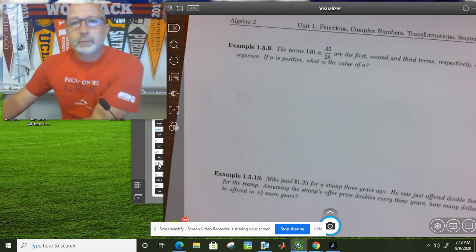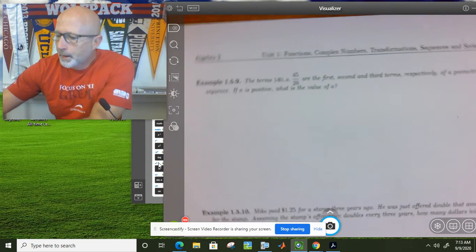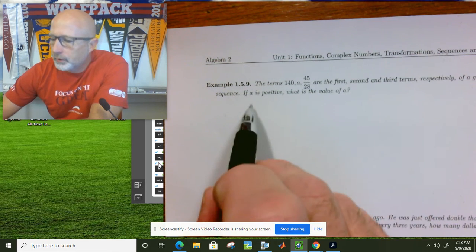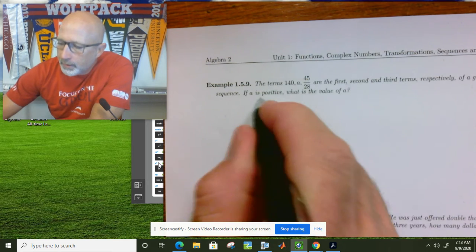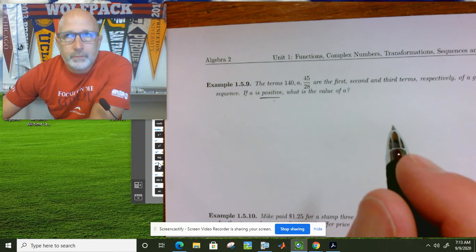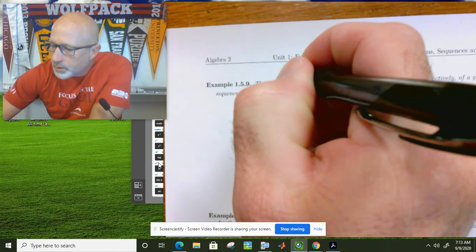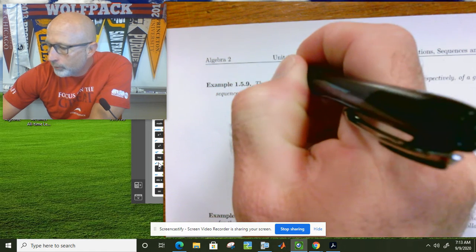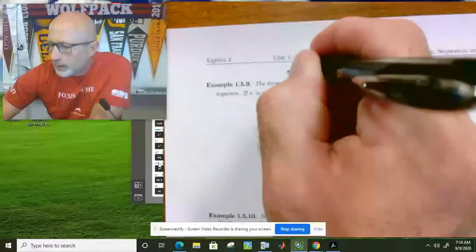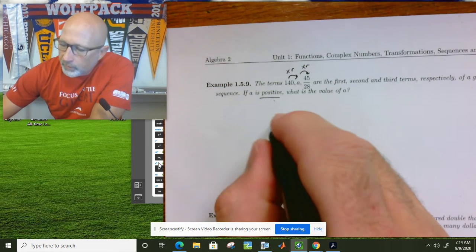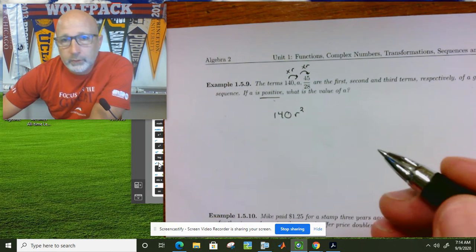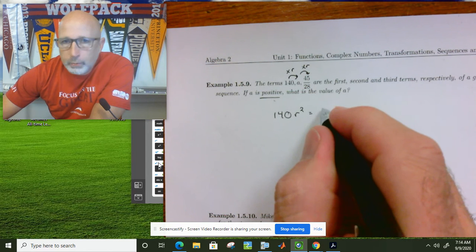Okay, so the terms 140, A, 45/28 are the first, second, and third terms, respectively, of a geometric sequence. If A is positive, that's key here. If A is positive, what is the value of A? So this is geometric, which means to get from one term to the next, I need to multiply by R. And to get from that term to that term, I need to multiply by R again. So in other words, if I took 140 and I multiplied by R twice, then that should be equal to